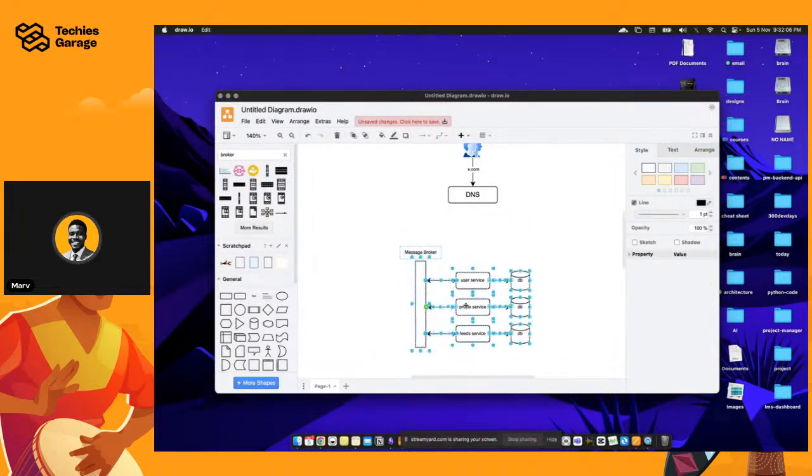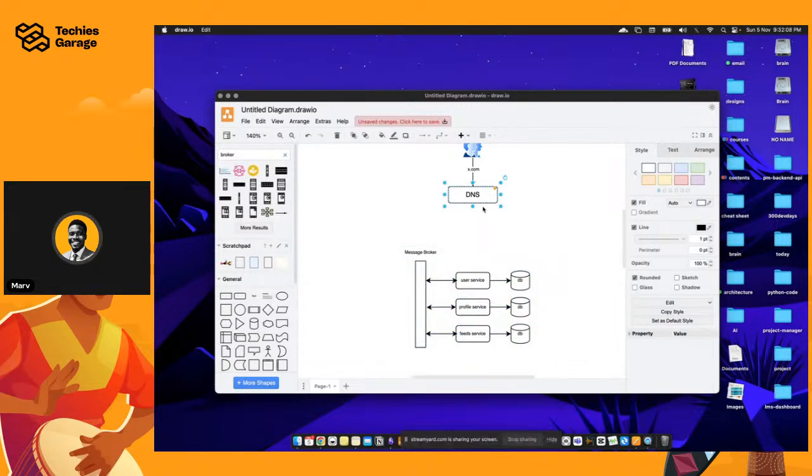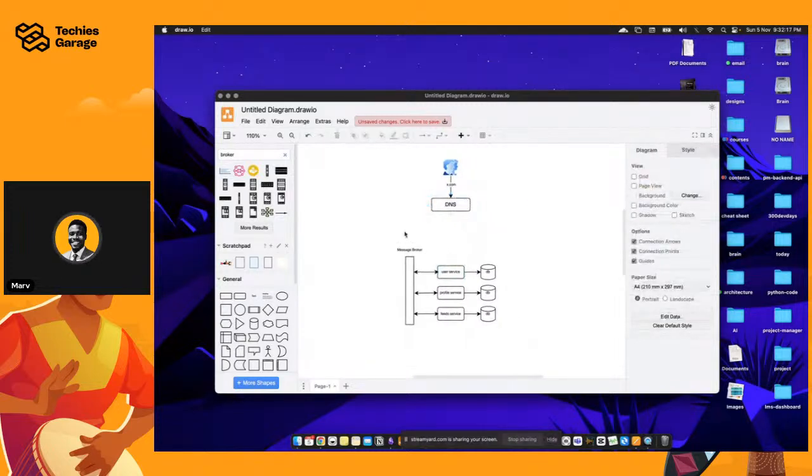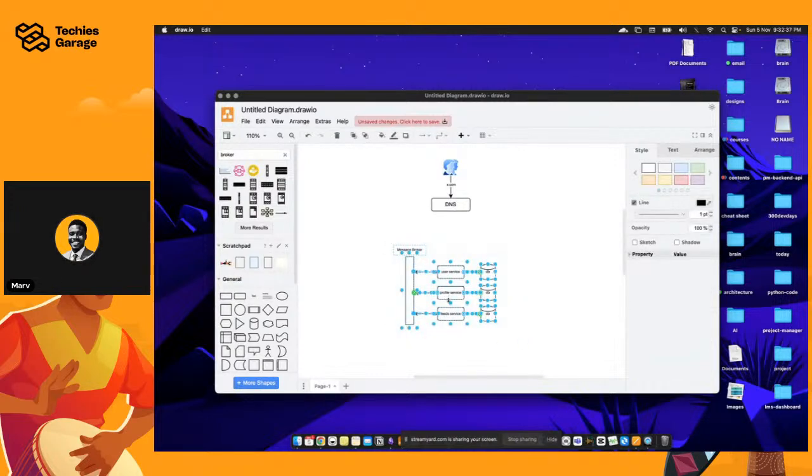Remember, I said earlier that we want to have a load balancer, right? So that we'll be able to, of course, have proper communication happening here. If we're going to introduce a load balancer in here, then it means we might have different clusters communicating with this, right? We might have different clusters or different instances, maybe replicated in different regions if you're deploying this on the cloud or something.